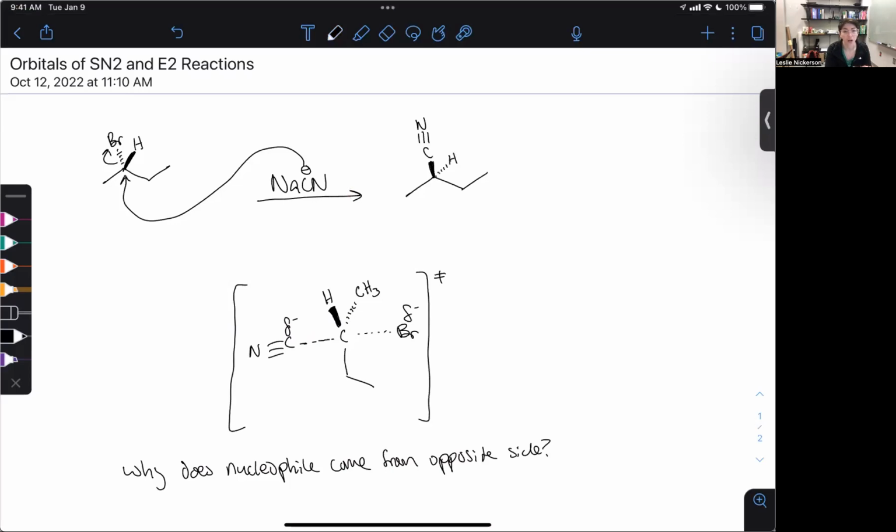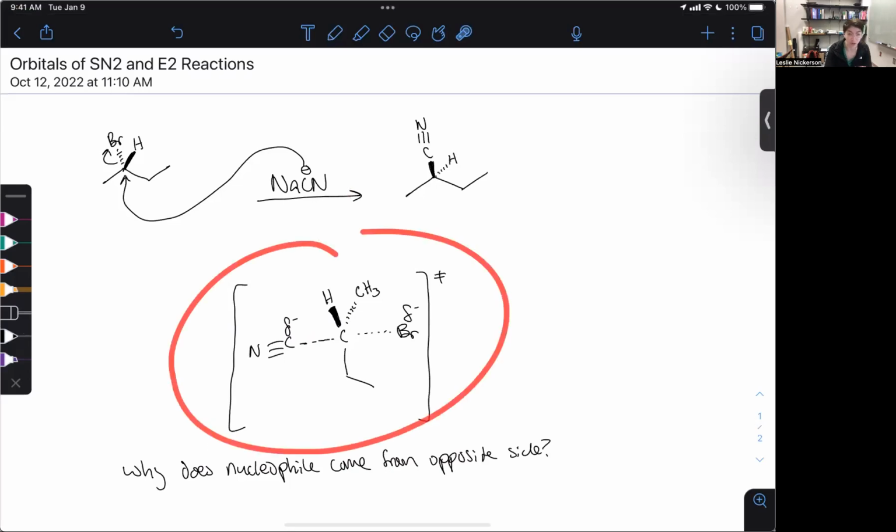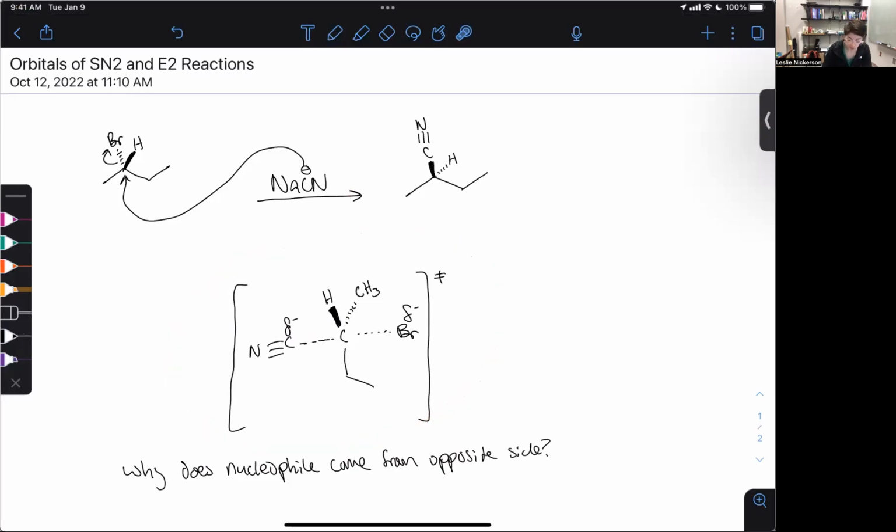Okay, so if we're kind of wondering, like, why does it do that? Why does the nucleophile have to come from the opposite side of the leaving group? A little bit of it can be explained from the transition state here. So we see that as we have the bromine, right, this bond is breaking while this bond is forming. Because those things are happening at the same time, having them on opposite sides does just kind of make sense